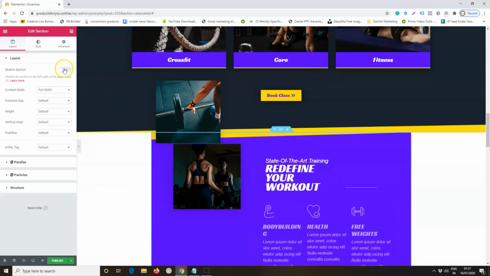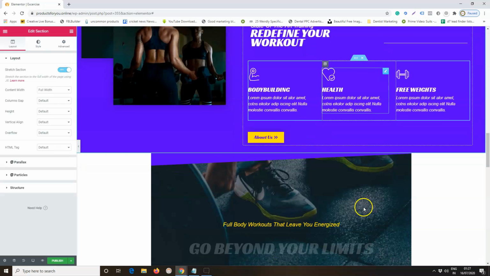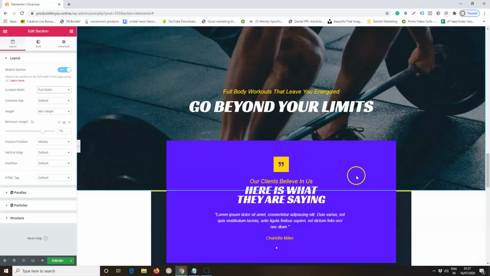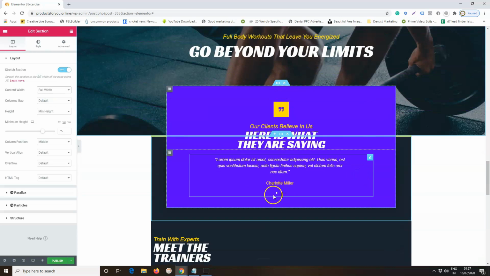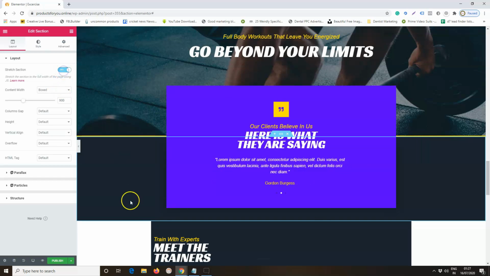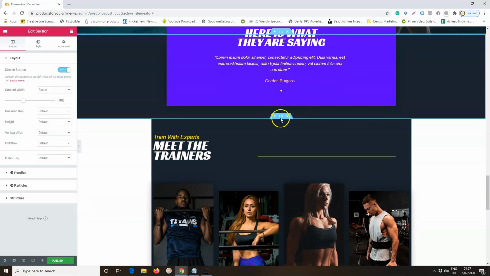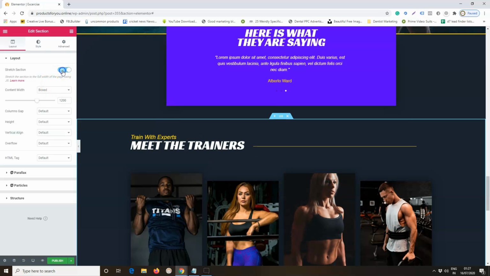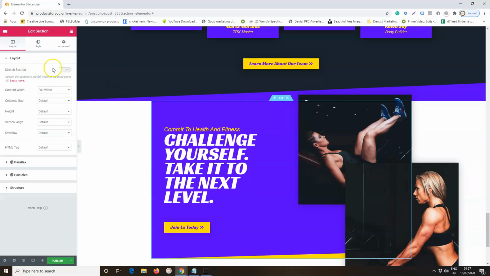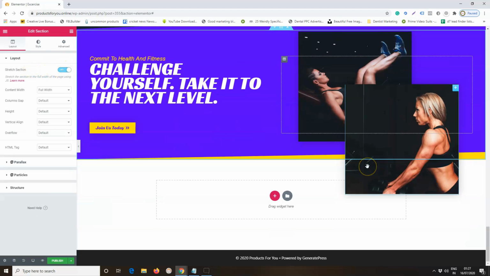This section, same thing, full width. I'll just leave this one as it looks nice that way. Full screen again, and this is the last section, I believe. Again, it is full screen. Oh, there is one more, and this is also full screen now.